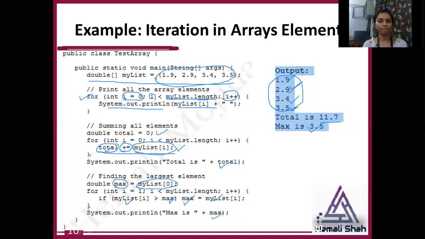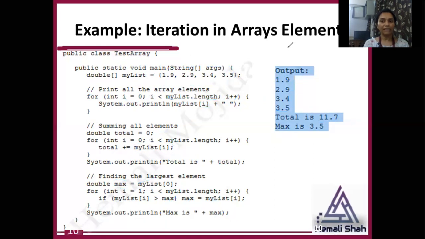So here 3.5 is the maximum value, and you can use this indexing operation, length property, and array declaration syntax to create such programs to find max number, to sort an array, to search some element inside the array, sort in descending order, addition of all the elements, and find the average of elements. Such programs you can create by using this array syntax.